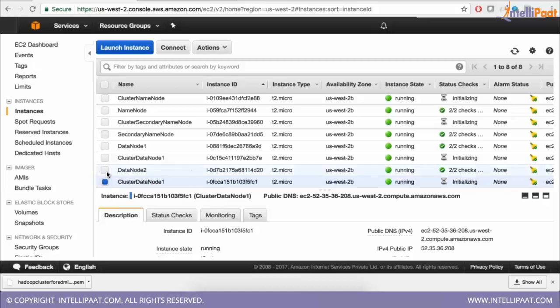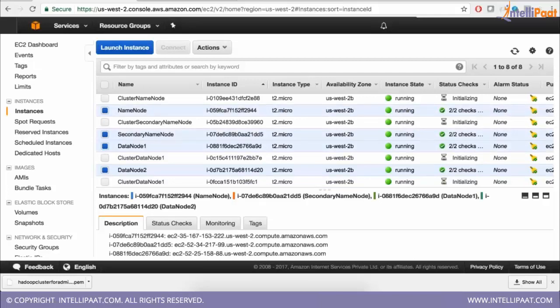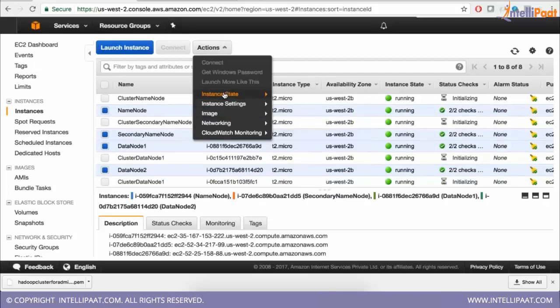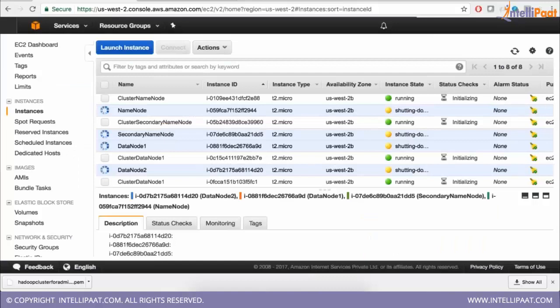I have created 4 machines. Let me just remove the previous machines. So these 4 machines which are running are the machines which we will be using for today's class to create the cluster.